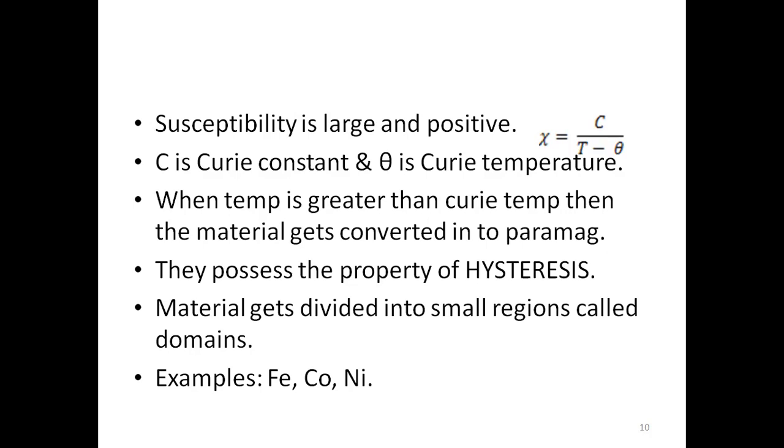One is independent of the temperature, and another is dependent on the temperature, inversely dependent. And the susceptibility value for this, you'll find that eta is equal to C by T minus